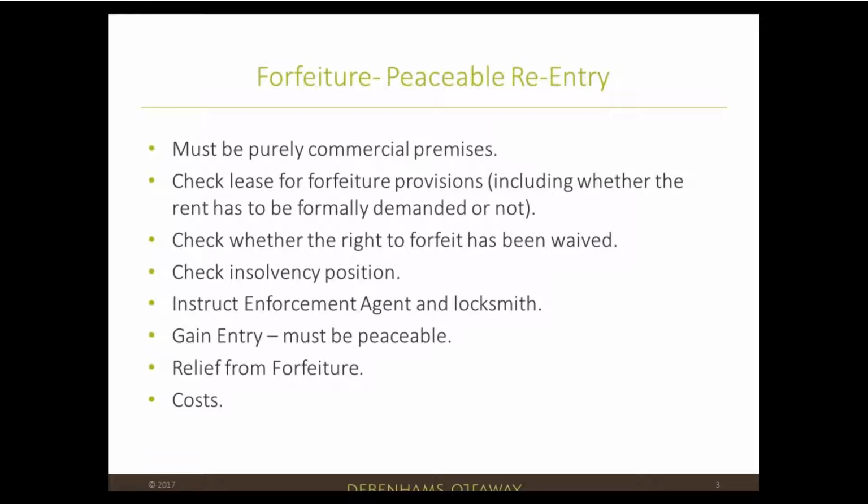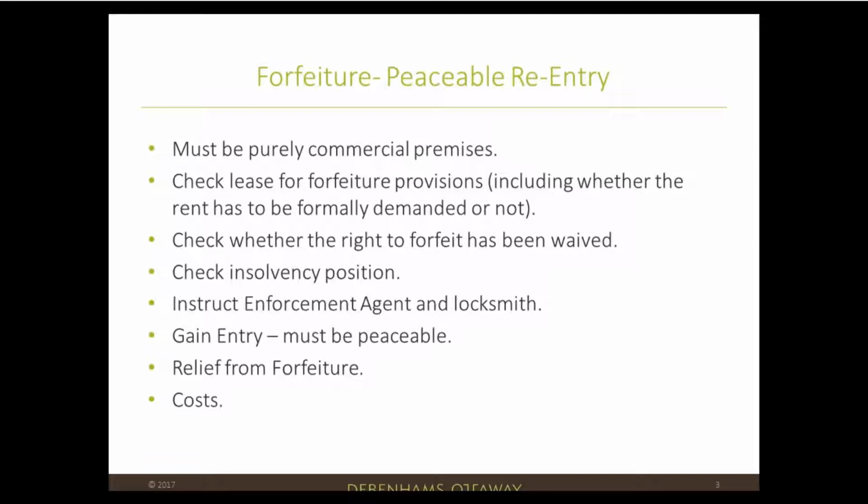But as an example, if a tenant is in administration, so a corporate tenant is in administration, you can't forfeit the lease without the permission of the court or the consent of the administrator. So carry out the checks and make sure that isn't a problem. Once you've carried out your checks, you then instruct the enforcement agent and a locksmith,